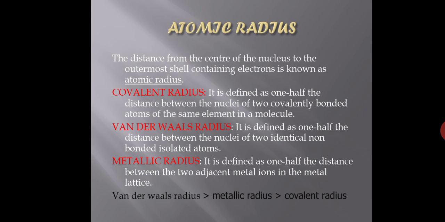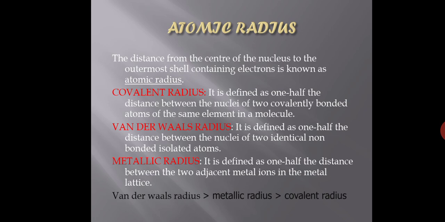What did I say? Valence electrons are in the outermost shell. What are metallic kernels? I told you, the space which is created after the loss of valence electrons. That is also called metallic ions or kernels. There will be a weak attractive force between the valence electrons, which are mobile electrons, and the metallic kernels. So this particular bond is known as a metallic bond.